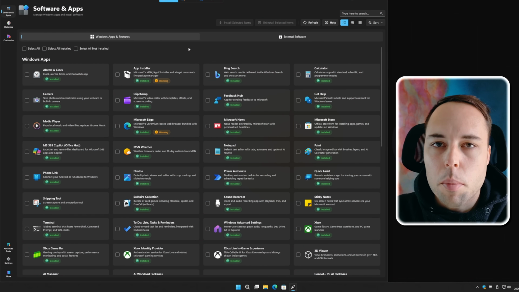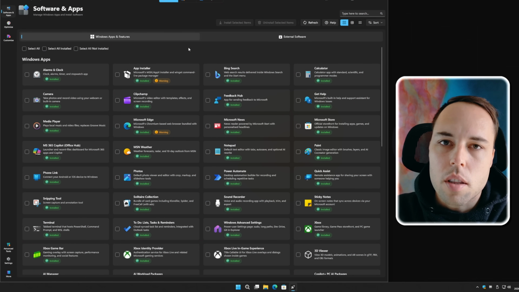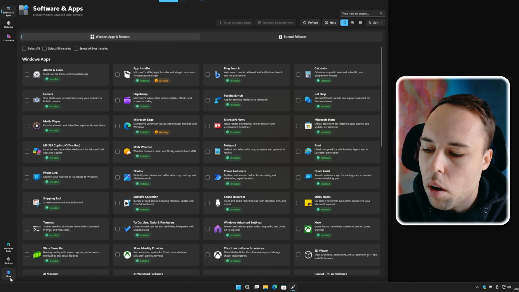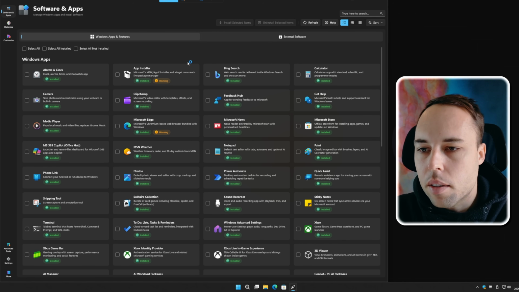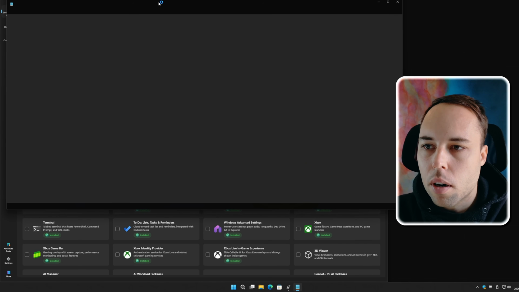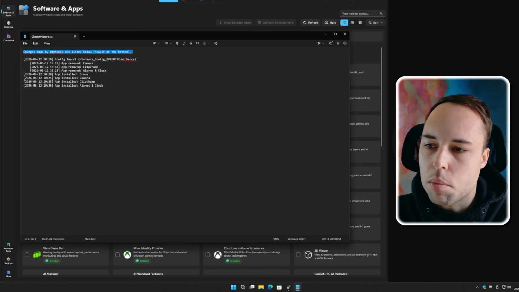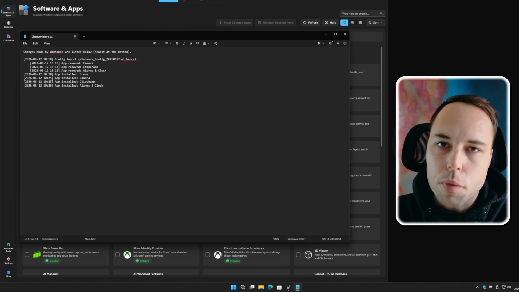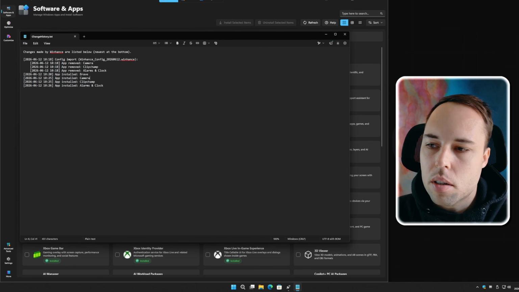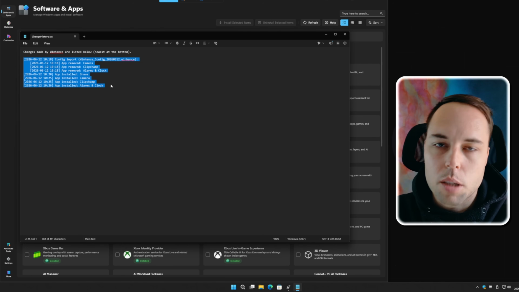Okay, so let's move on to some of the other changes in WinHance, which is the change history. Now, if you click on the more button at the bottom here, you'll find a new option called Change History. And if you open that, it'll open a text file that's saved on the computer. And this file contains all of the changes made by WinHance on your computer since release 27. So if you've run it before release 27, you obviously won't have this. But from release 27 going forward, you'll have this Change History file that tells you exactly what you've done with WinHance on that specific computer.